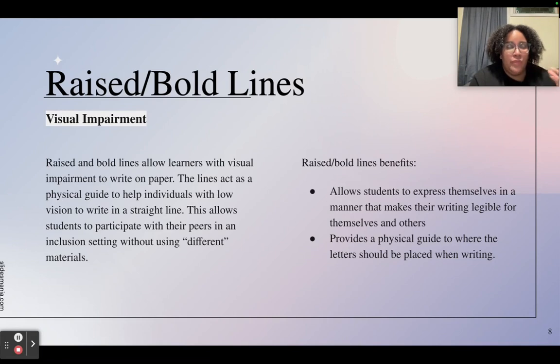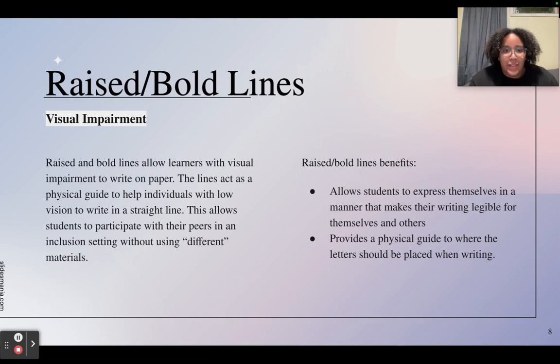They have a lot of ways to interact, but the downside of that is that when they're interacting with their peers in the classroom, you can tell that there's something different. And the point of being in an ICS classroom and being included with your peers is that nobody can see what your disability is. Now, of course, with students with visual impairment, we all can typically tell, but if everybody in the classroom, let's